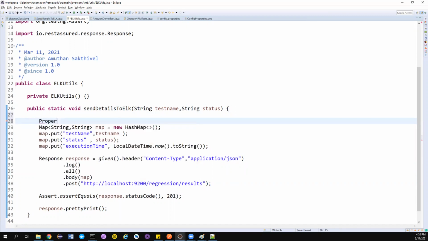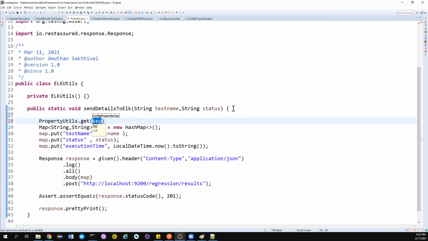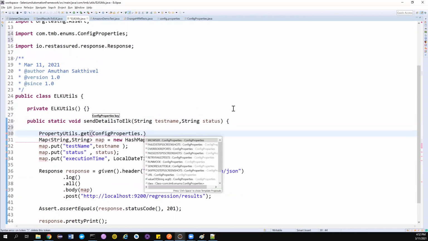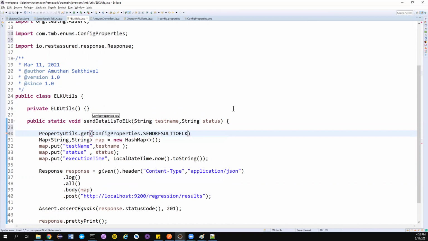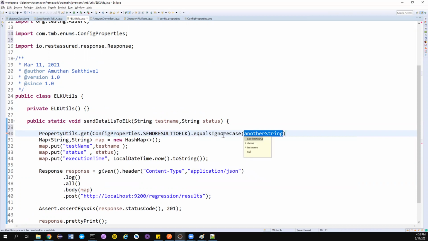Sorry, property utils dot get. And what is the config? Config properties dot send results to ELK. If this equals ignore case yes, only then I want to do all these things.